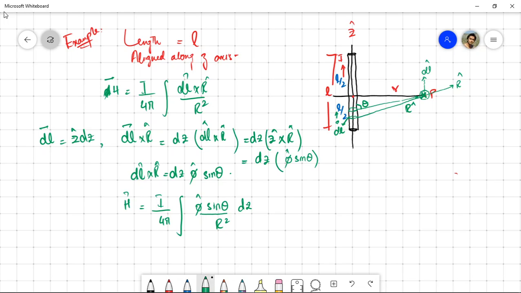Now the limits: if l by 2 is above and l by 2 is below, this is 0, so this is minus l by 2 and this is plus l by 2. So from minus l by 2 to plus l by 2,